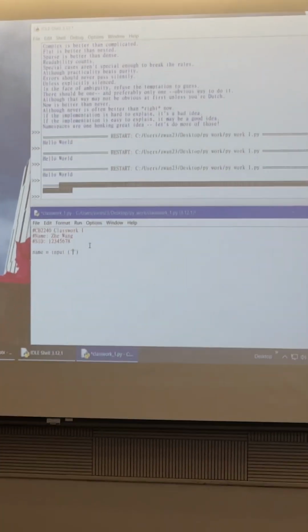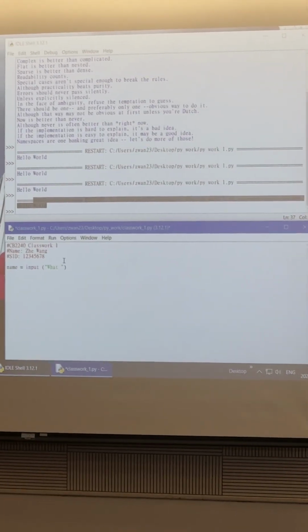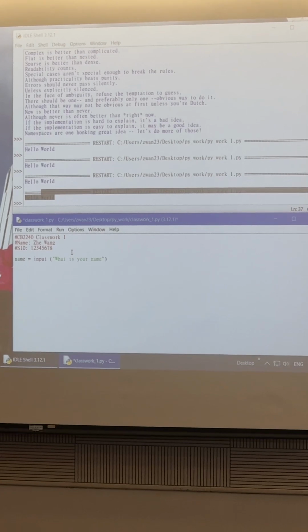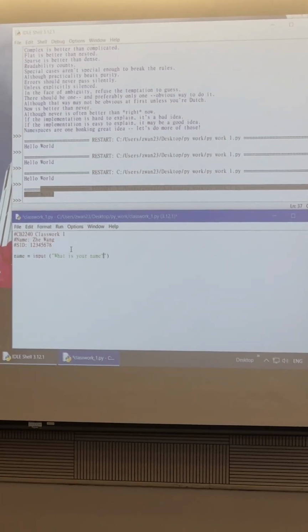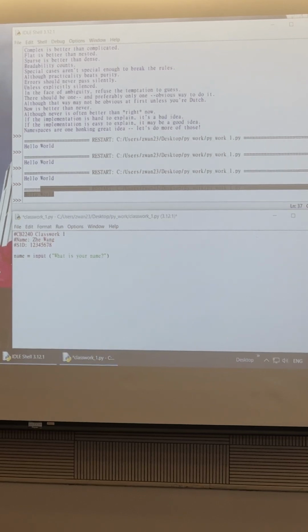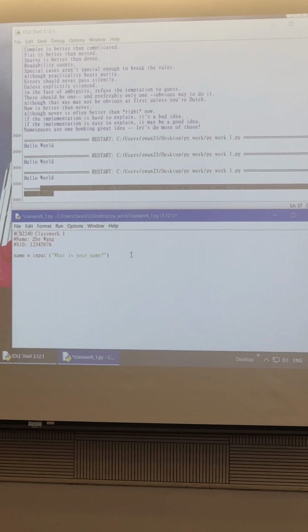What should we type? We should type, "What is your name?" Question mark. And in case we forget what purpose this code serves, we can have a hashtag here. This is to define a variable